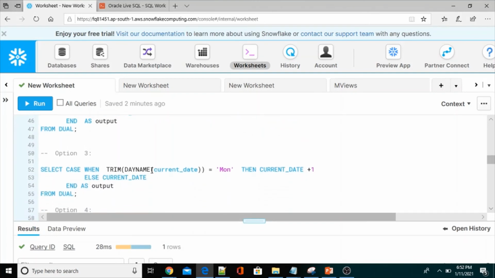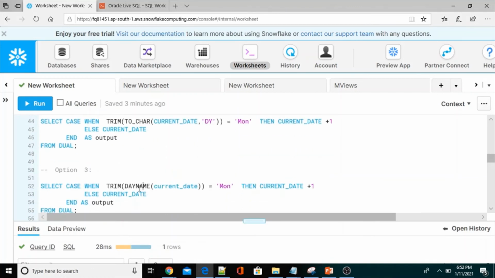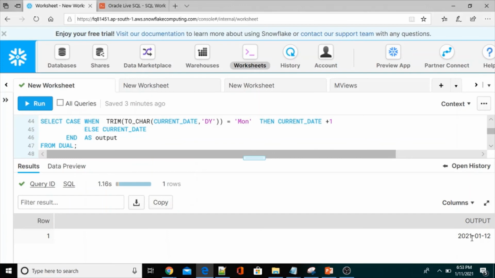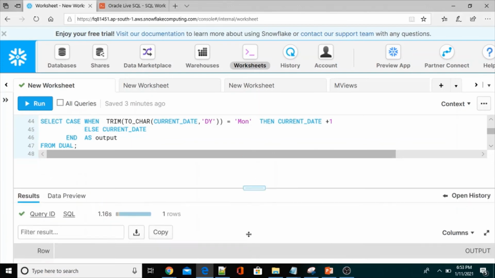Now option 3: we have one more function called dayname. This dayname also returns the 3 character day name instead of the full name. So we pass current_date to it. This is also okay. Let me execute this option. It also returns the expected output.